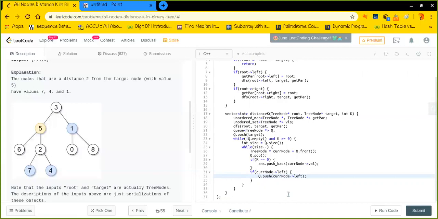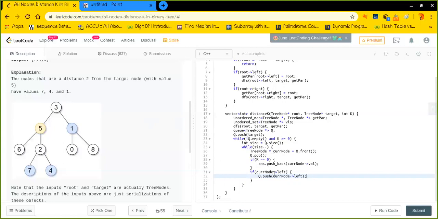But there is one more thing that you should notice right here. I'm not actually traversing only below this target node, I'm also traversing upward, right? So let's say I'm right here at 3 at some point of time, and I see that it has the left child, and I will be again trying to push 5, which has already been visited, isn't it? So I need to take care of that as well. That means if 5 has already been visited, it should not be pushed again.